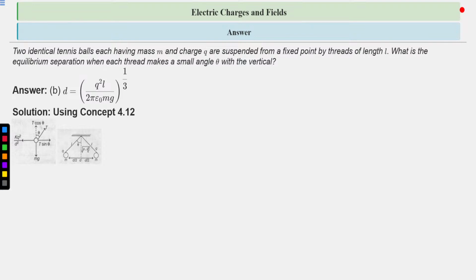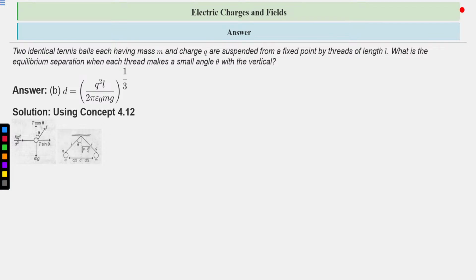So when two tennis balls are attached with the thread and suspended like this, having charge q and mass m, their separation is, we have to find this d, equilibrium separation. So this is the theta that this thread is making with the vertical, and this is the l, length of thread, and we have to balance the forces on this tennis ball, one tennis ball,